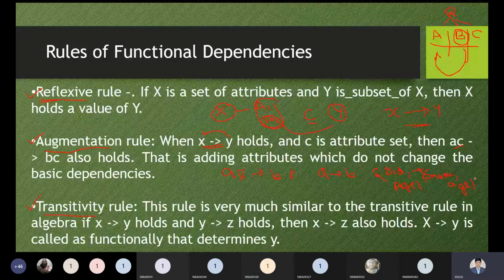Adding or not adding, it doesn't matter. But this would also be possible, and that is the concept of the augmentation rule. We are augmenting something. So here we have an example, the same thing we have over here. Please tell me, any doubt over here? It is just equal to the mathematics we have seen, if you remember. Yes, please tell me. Is there any doubt in these two rules, the reflexive rule and the augmentation rule?